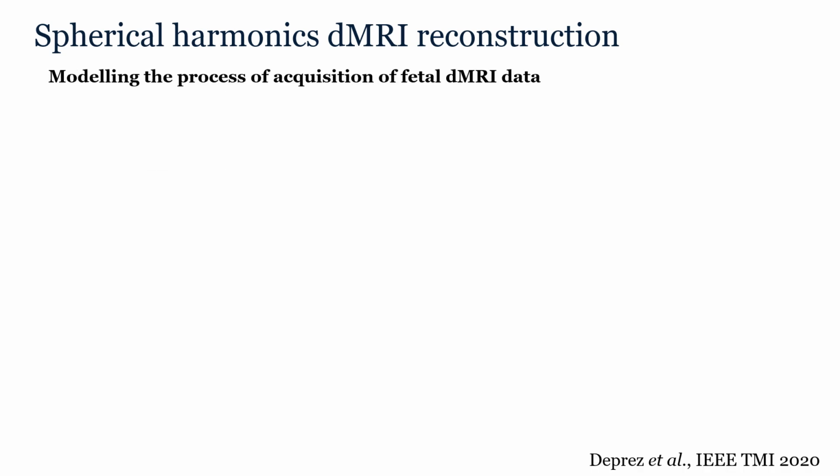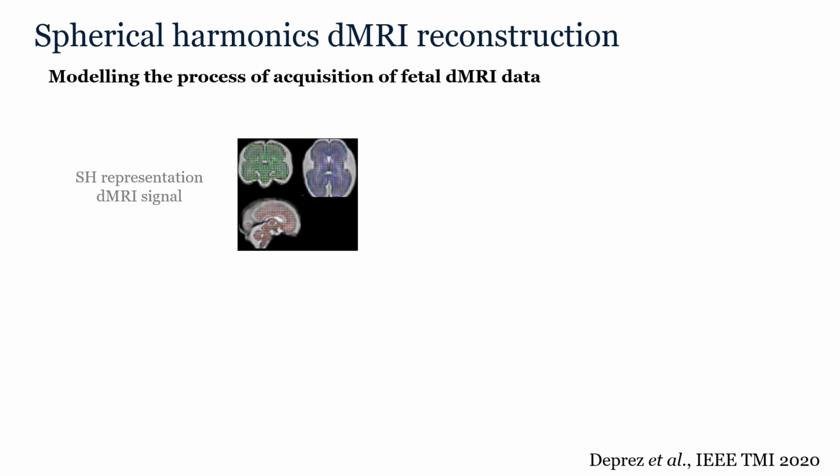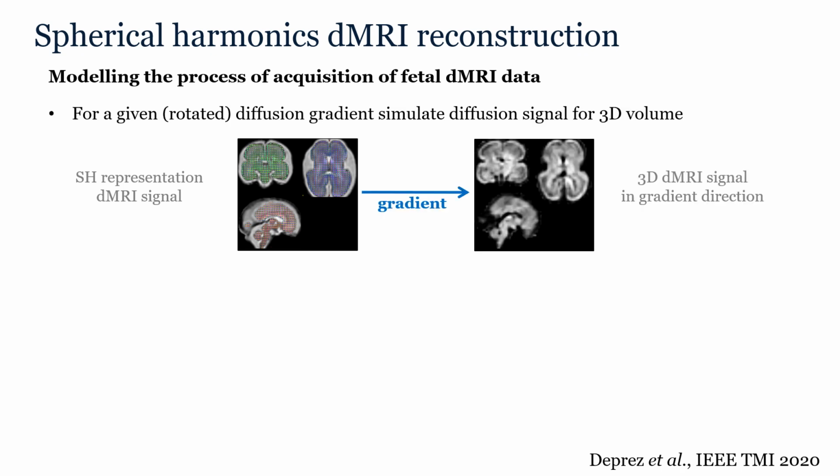So how do we obtain the spherical harmonics representation of the diffusion signal on a grid? To do that, we first model the process of acquisition of the fetal diffusion data. We start with spherical harmonic representation on the grid, which we do not have but want to estimate. We then sample the spherical harmonic functions at the rotated diffusion gradient and obtain the diffusion-weighted 3D volume of the